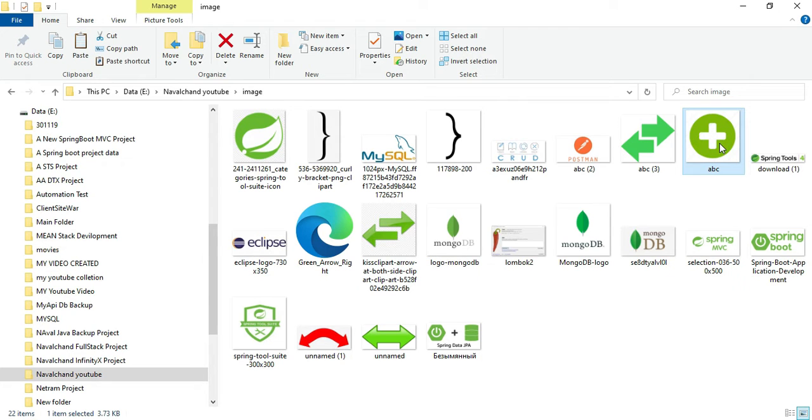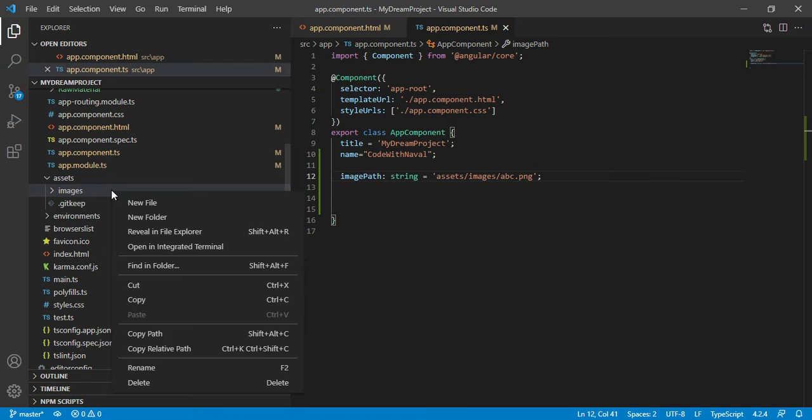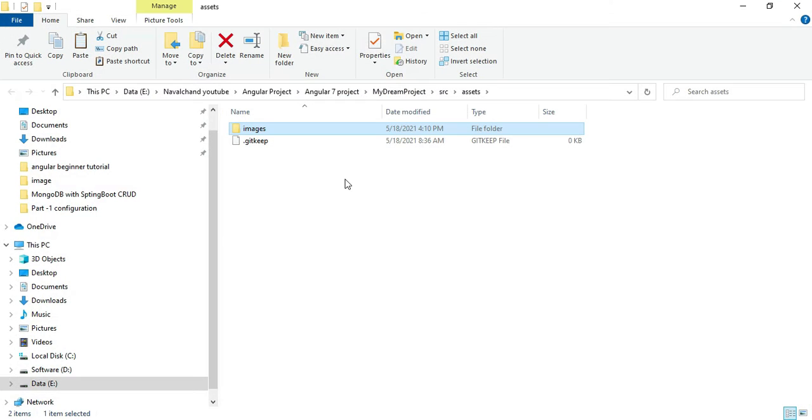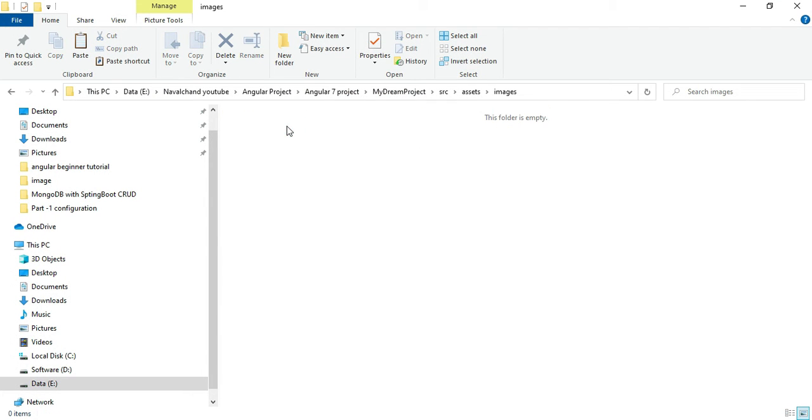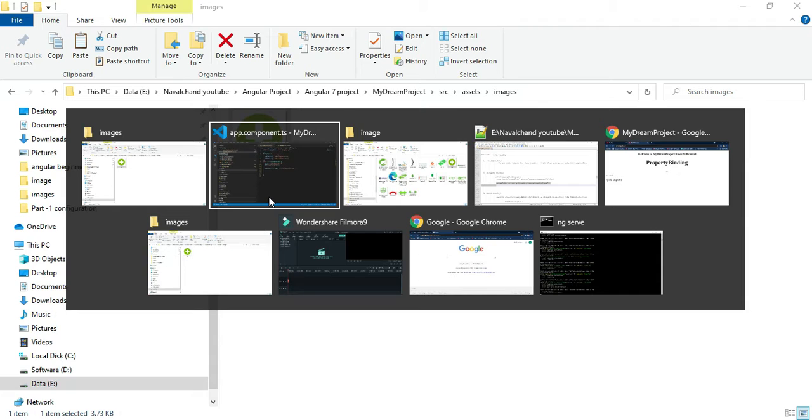I'll copy this image, right click on the image folder, and here we have the option reveal in file explorer. Let's click on reveal in file explorer, open that image folder and paste that particular image. You can see we pasted the abc image.